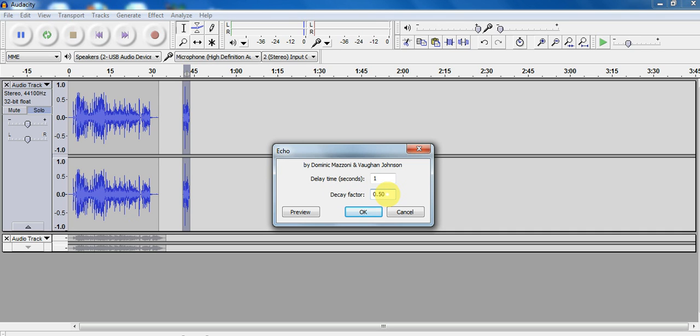You could think about this as if it were to say this, if it lets me put a percent sign in. Well, think about it as 50%. And I'm going to make this real small. You can see that the next echo is going to be much smaller, and I'm going to have it be half a second. And you can preview it, but I'm just going to apply it.